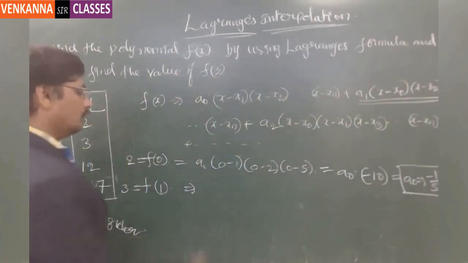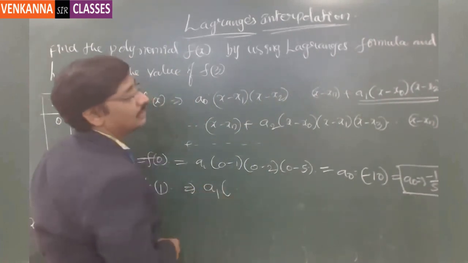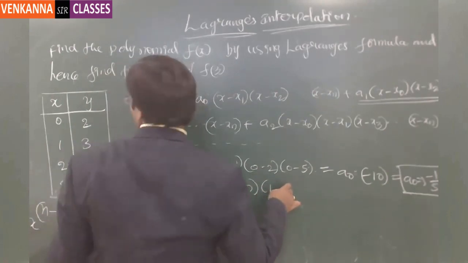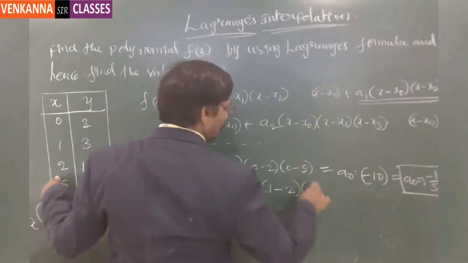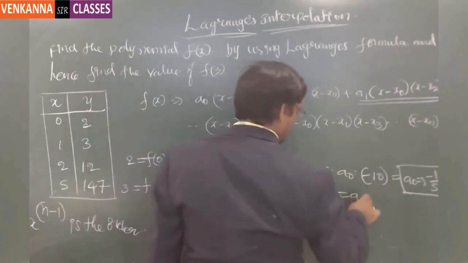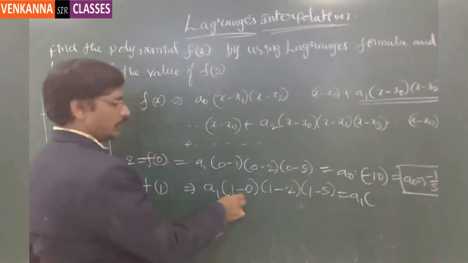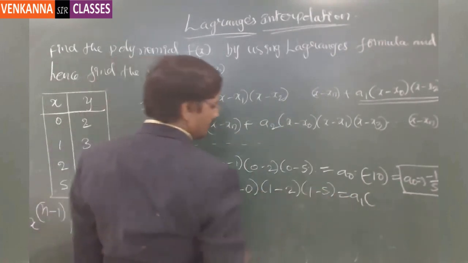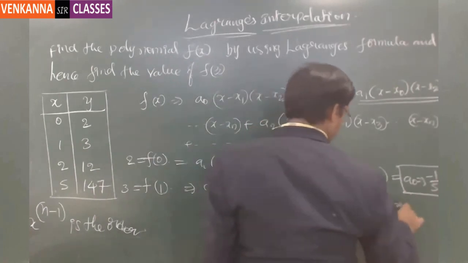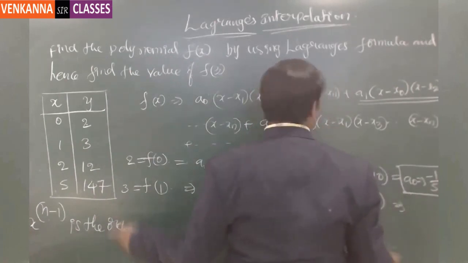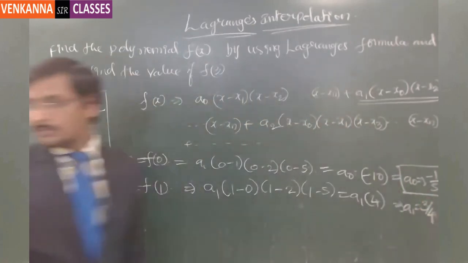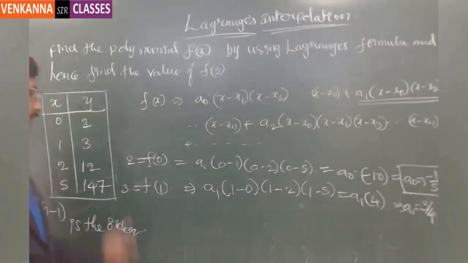So for a1, this is a1 getting multiplied by 1 minus 0, 1 minus 2, 1 minus 5. So this is a1 multiplied by 1, and this is minus 1, and this is minus 4. Minus 1 into minus 4 is going to be plus 4. So this value is 3, then a1 is equal to 3 by 4. So a1 is equal to 3 by 4 we have got. Similarly,